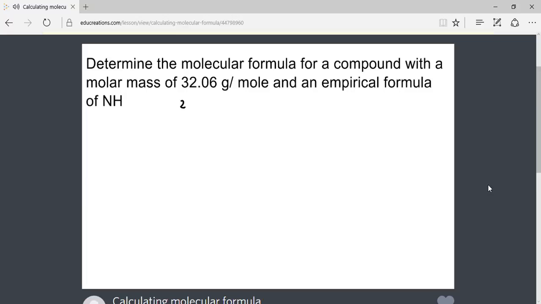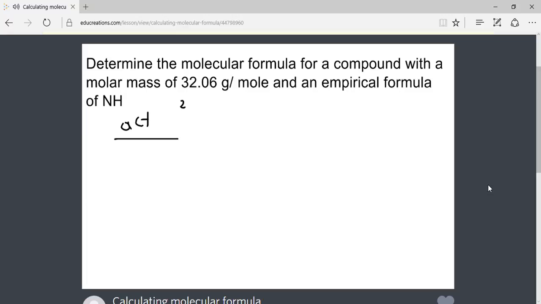When looking at the question, it reveals the molar mass of the compound. The actual molar mass is 32.06 grams, equal to 1 mole, with the simplest reduced version of formula or empirical formula of NH2. Since the formulas are related by a whole number, the masses of the two formulas are also related by the same whole number. Therefore, if we make a ratio of the masses, it'll be the same whole number that relates the two formulas. Since we know the actual mass,